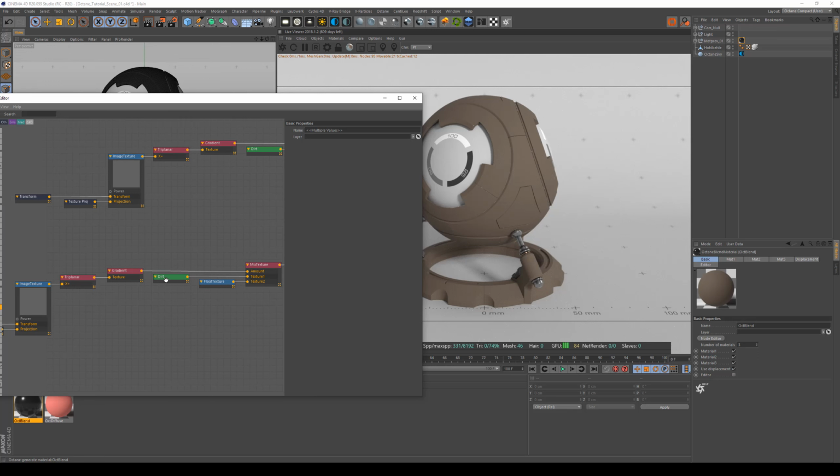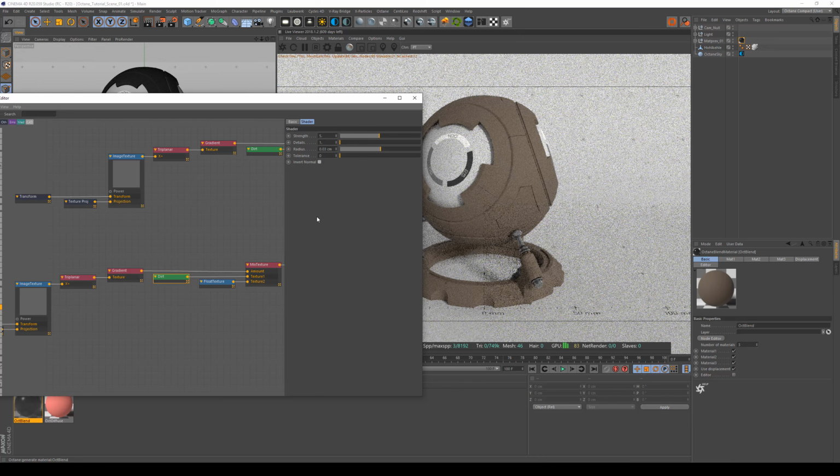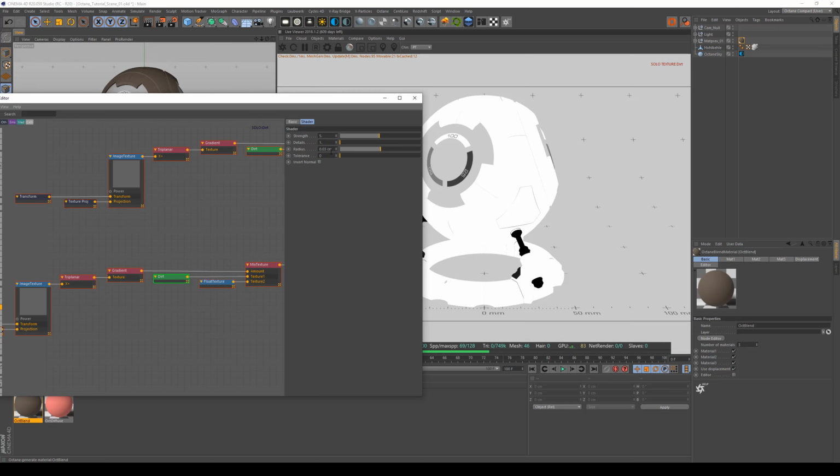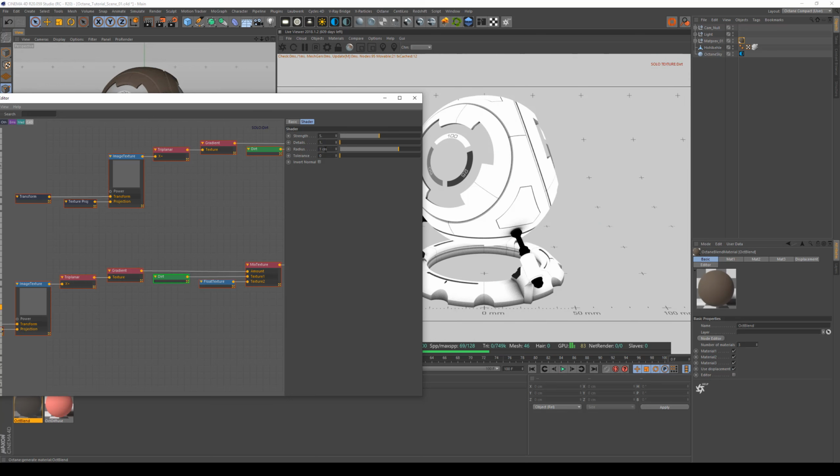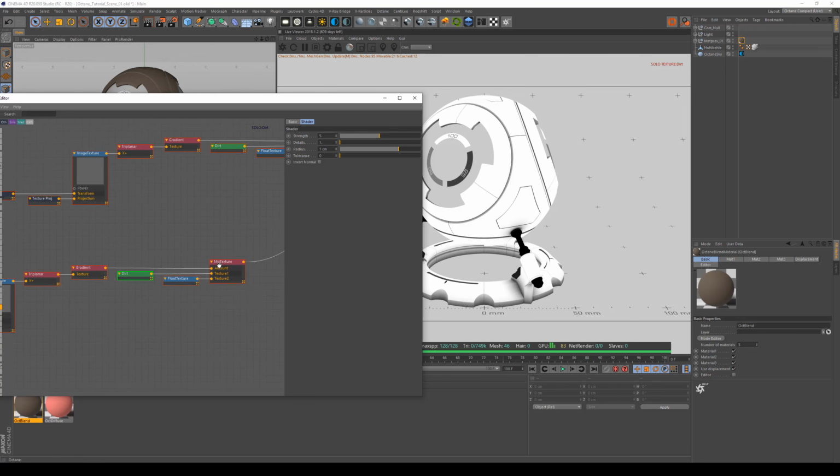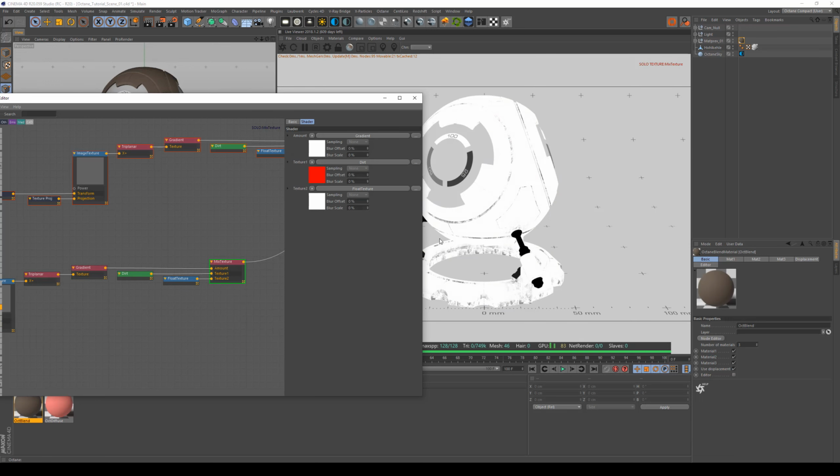So let's do that. Let's go to the dirt and let's use invert normal. And then you don't see what it's doing at all. So let's go to solo and give it a much higher radius, for example 1. And now you can see that it's gathering up the dirt in the corners. And if I go to this node and solo it, you can see that the dirt is now also masked